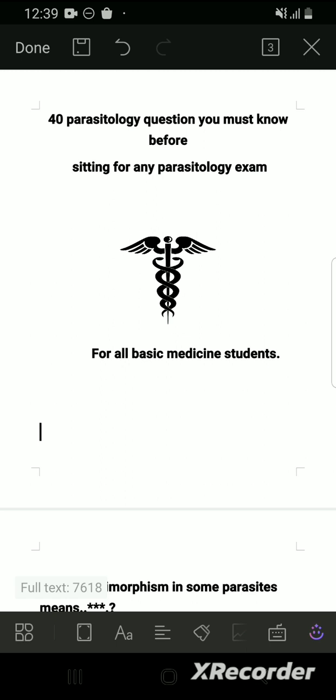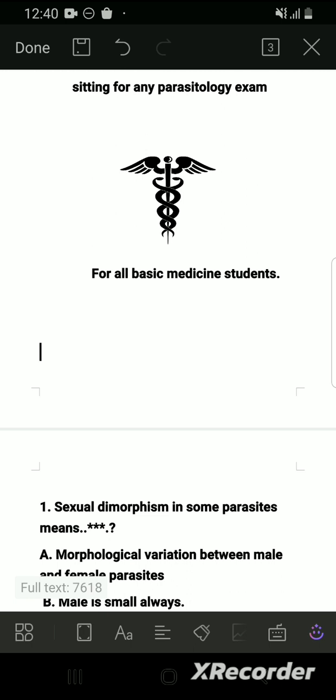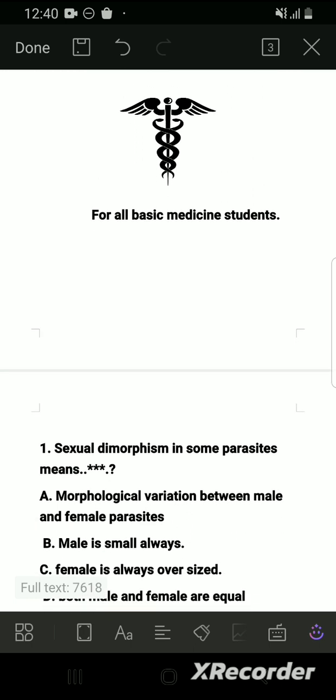So we're going to be treating 40 parasitology questions you must know before sitting for any parasitology examination, especially in Nigerian universities, because these questions were accumulated in consideration of the experience and likely questions universities have in common, like repeated questions in this particular course called parasitology. So I'll be starting with number one without wasting much time so we can cover up before the seminar